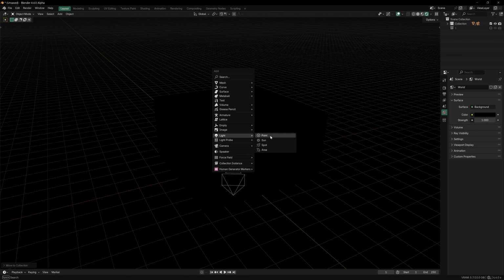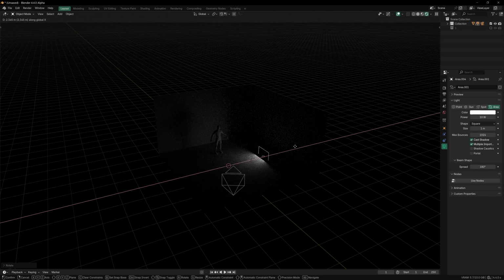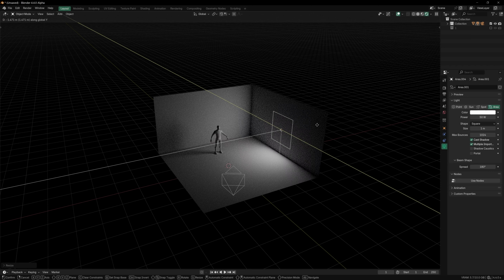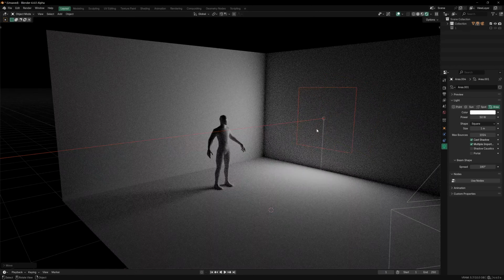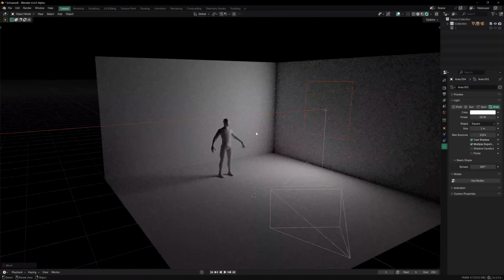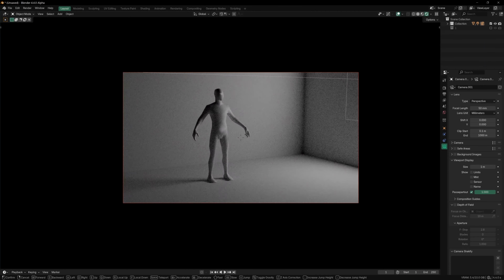For this one, we're just going to have 2 light sources. We're going to have one main one that's going to be like a window. So that's what this is simulating. This is kind of like our key light. It's our main light source that's giving form to our subject here. And while we're here, let's just position this camera so we can have kind of a baseline of what we're